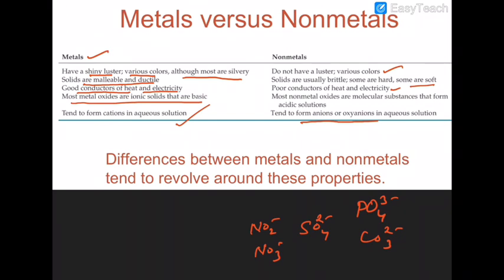And in case of some halogens, you will find that they are able to form in aqueous medium both anion as well as oxyanion. Like when chlorine is dissolved in water, you will have formation of chloride ion as well as hypochlorite ion. Chlorine is a non-metal, so both are there. Similarly it happens in case of bromine also. So there are many cases where anions and oxyanions both are formed.